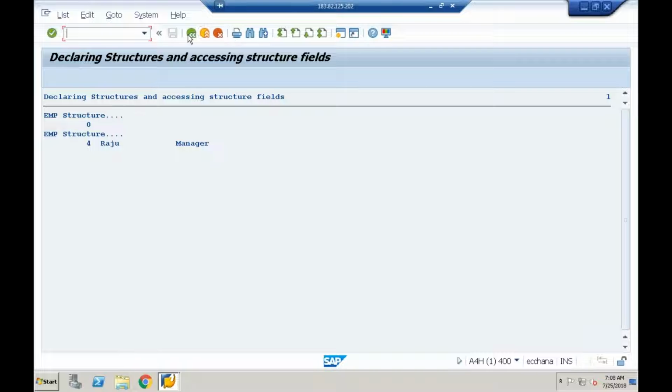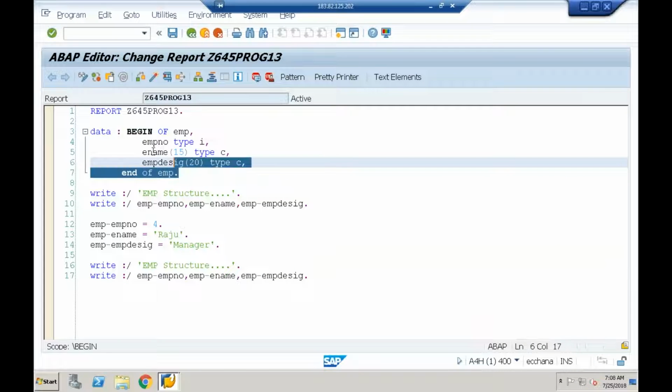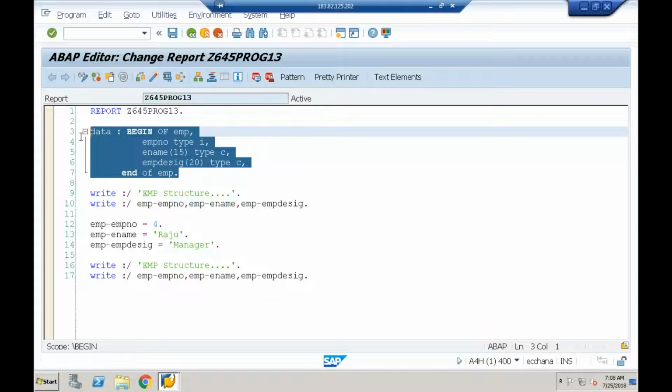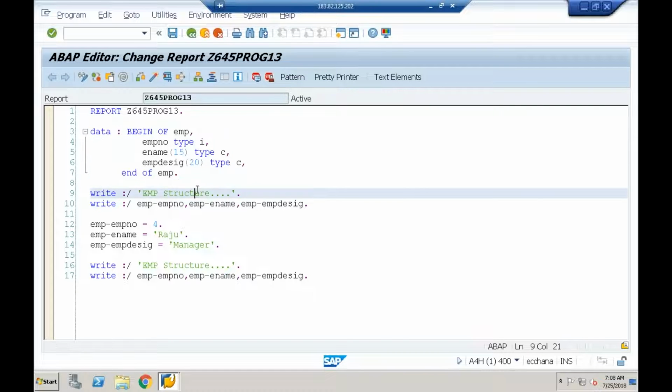So when I debug this, let me try to debug. This comes under what? Declaration. Variable declarations I cannot debug. I can debug only what? Executable statement. So after activating the program, let me try to debug from this 9th line. So I'll put the cursor here. I'll set the session breakpoint. Breakpoint has been set. When I say F8,